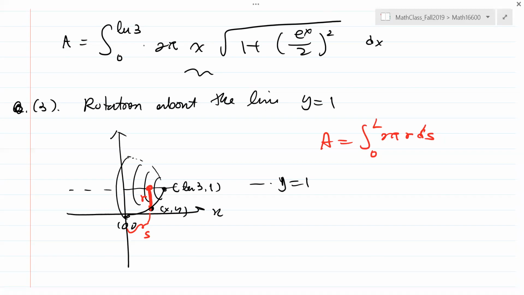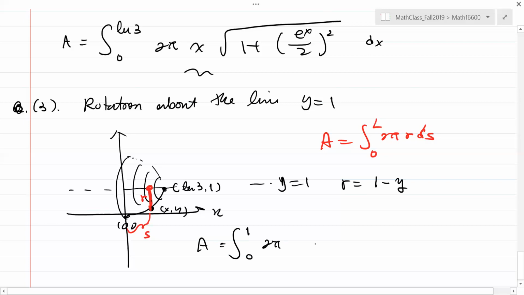All right, so if you look at the picture, what is r? The picture shows you r is the difference, 1 minus y. Clear, right? So I prefer to use the y variable. Then in this case, the integral, y from 0 to 1, 2 pi, 1 minus y, square root of 1 plus